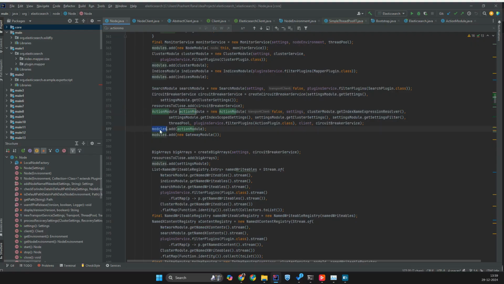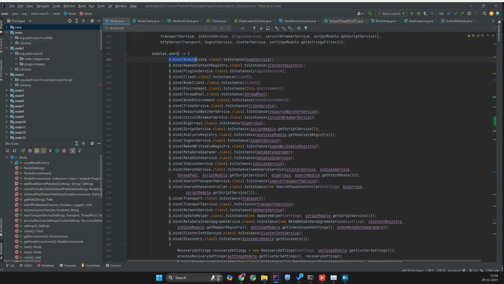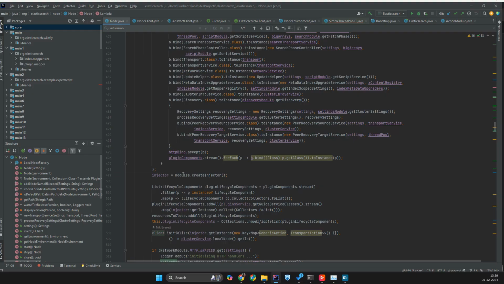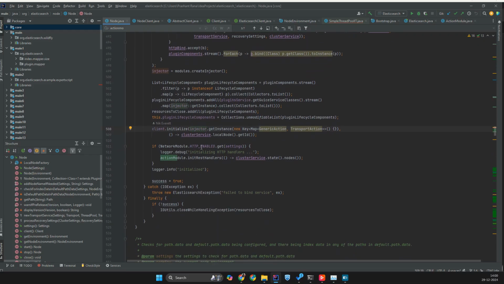And this action module gets added to the modules, and this module then uses Google Guice to provide the dependency at runtime. So whenever Node.class gets bound to the node service, the client class gets bound to client. The important thing to check here is that this module creates an injector, and this injector is used to initialize the client. Whenever a client needs a class and there is some dependency, this injector will provide that dependency. Now the next thing we need to know is, if HTTP is enabled, we will initialize REST